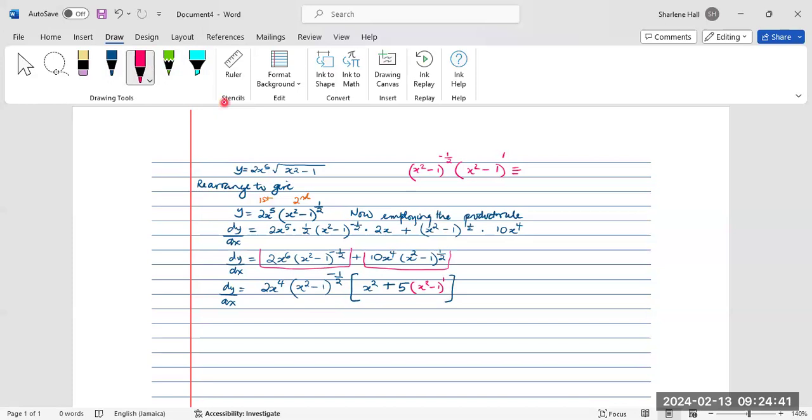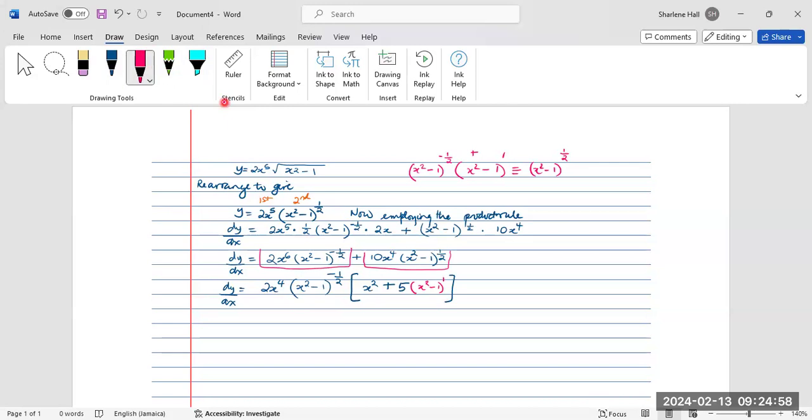Very good. So I'm going to get x squared minus 1 to the half, because when I'm multiplying and the bases are the same, I add my powers. So I'm going to get x squared minus 1 to the positive half, which is what I